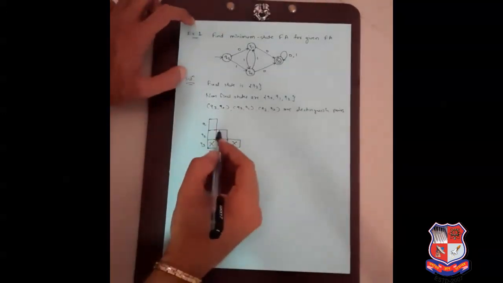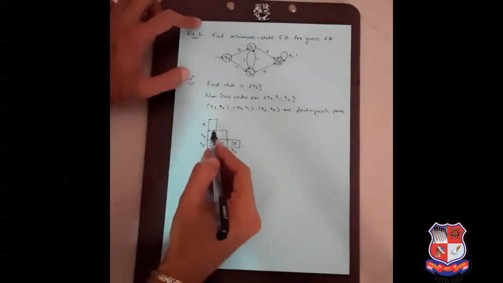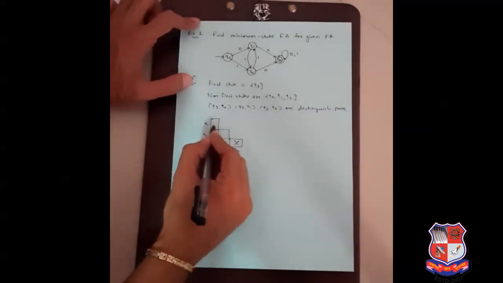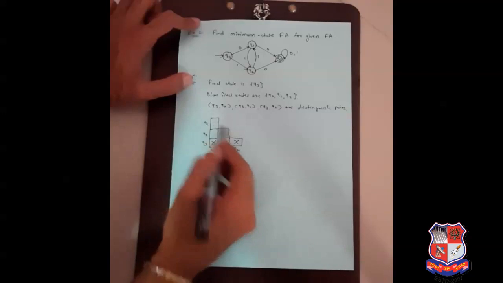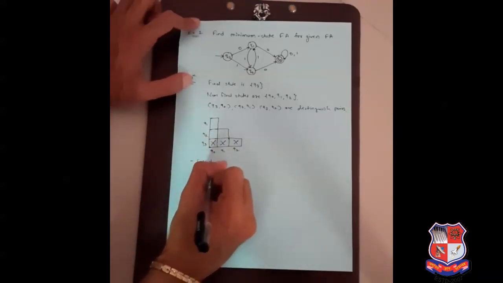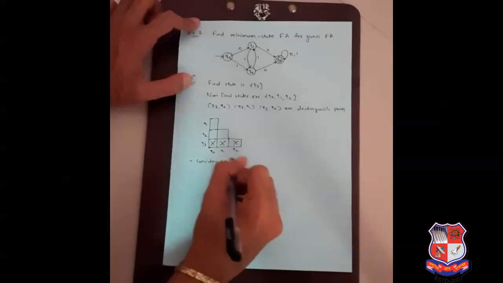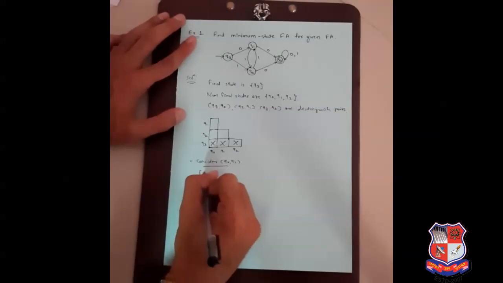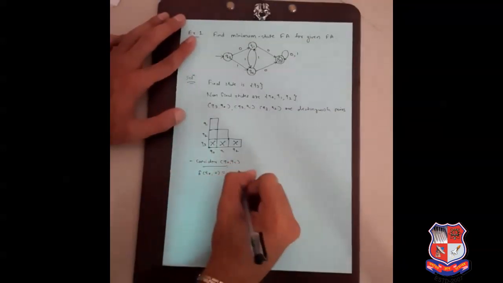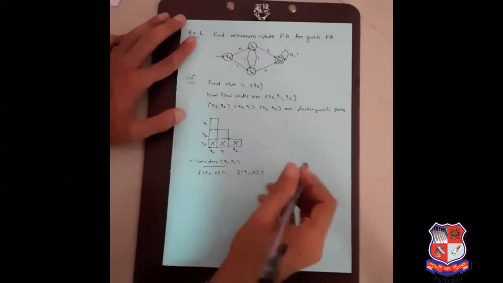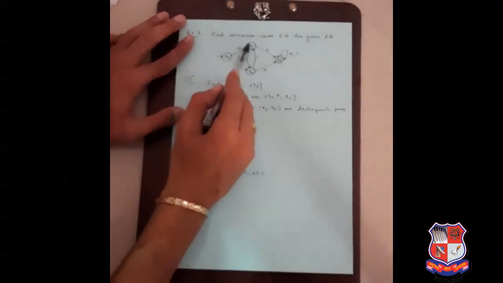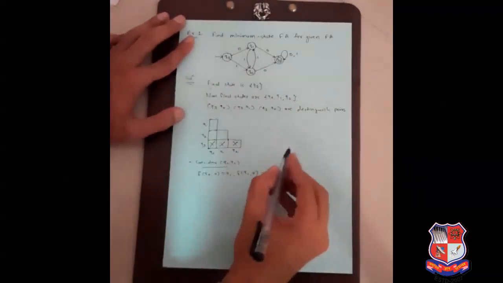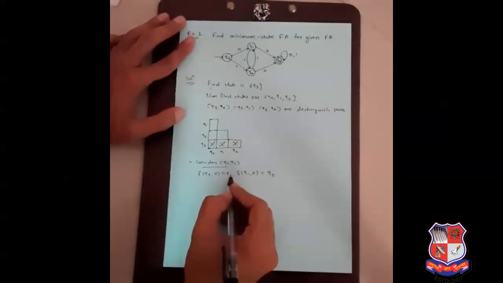Now for the remaining pairs we are going to check whether they will be marked or remain unmarked. For that, first we have to consider one pair at a time. This pair is called Q0, Q1. So now consider the Q0, Q1 pair. Now we are going to find the transitions of Q0 and Q1. Delta of Q0, 0 is equal to, and delta of Q1, 0 is equal to. Now Q0 on 0 goes to Q1, and Q1 on 0 goes to Q3. Now check it for Q1 and Q3.